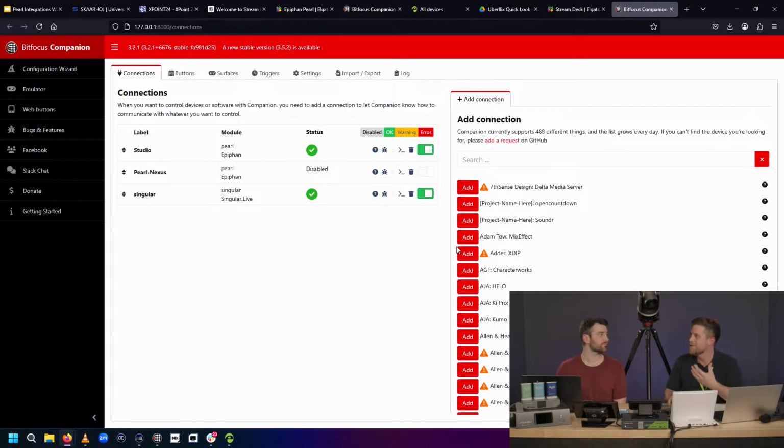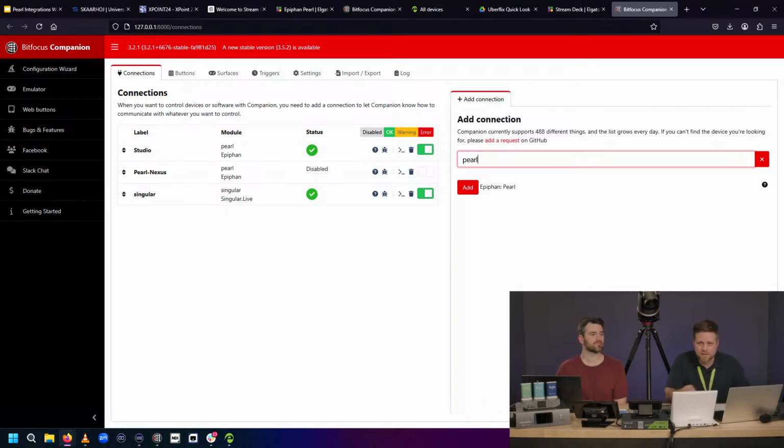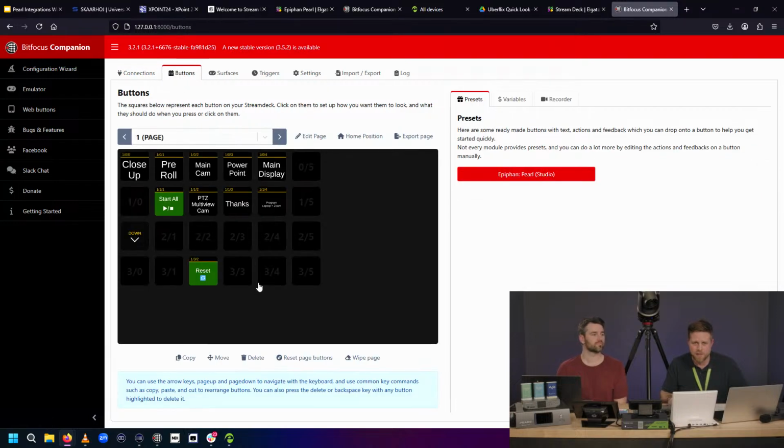And this goes even deeper, where folks want to do scheduled triggers and multi-action things. You go here, type in Pearl, and you'll see your Epiphan Pearl plugin for Companion. You add that, and when you select your buttons, you can map your entire Stream Deck using Companion as well.